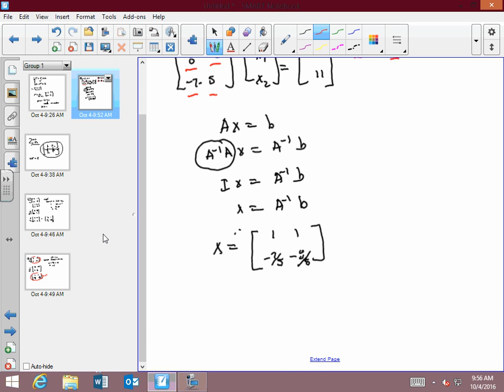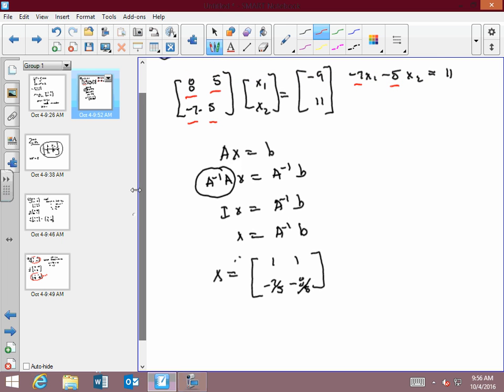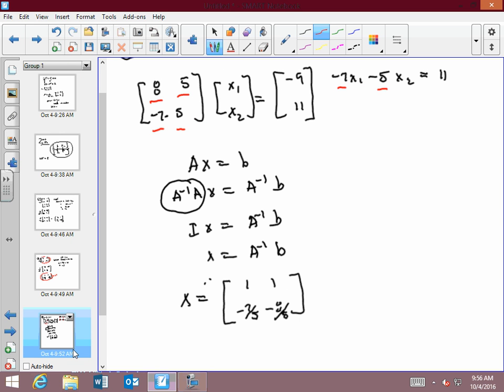And then the B, minus 9 and 11. Then we multiply, right? So we have a minus 9 plus 11. I'm doing that times there, and that's how I'm getting that solution, right? And then 2 fifths, is that 7 fifths? 7 fifths, isn't it? 7 minus, so that's a plus